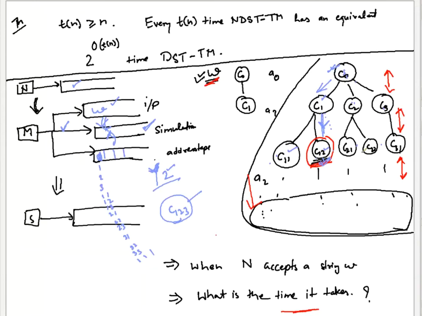Okay, so in this process, we understood that we are able to do so, but how much time is it going to take? That is the next question. We are saying that it's a T(n) time non-deterministic single tape Turing machine. What does it mean? When you say that a Turing machine is T(n) time, it means that whatever input you give, based on the size of the input, it is going to take T(n) amount of time. So T(n) is a function over n, right? It is going to take T(n) steps based on the input size, and within those T(n) steps, it is going to output whether accept or reject.